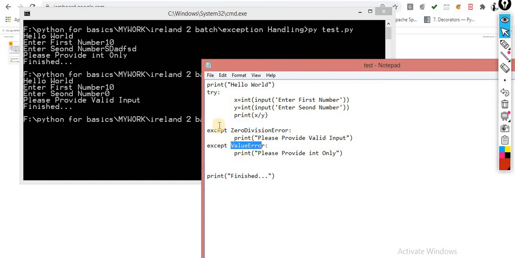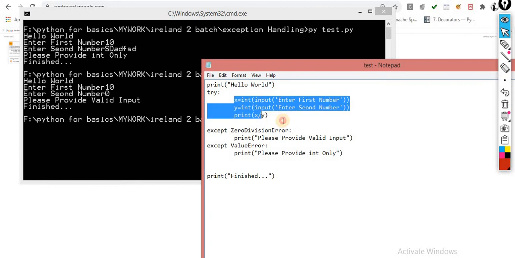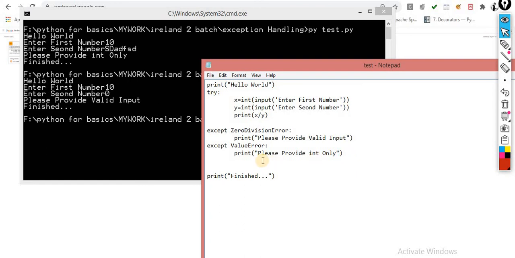And it is mandatory whenever you are using try, except should be there. Inside try, what you will place? You will place a code which is the risky code. Inside except, the alternate for that risky code. So can there be multiple except statements with one try? Yes. Let's suppose you handle this zero division error, you handle this value error. Now even you don't know what other error can happen over here. So I use the base class except Exception, because I don't know.